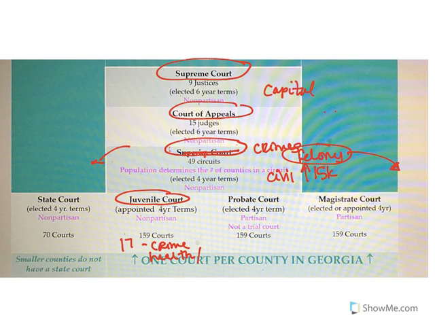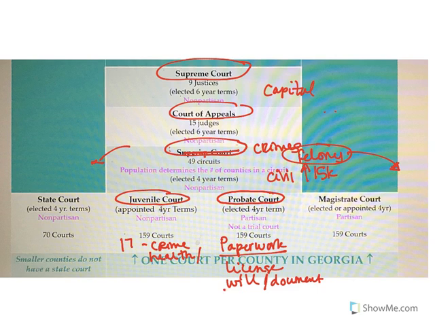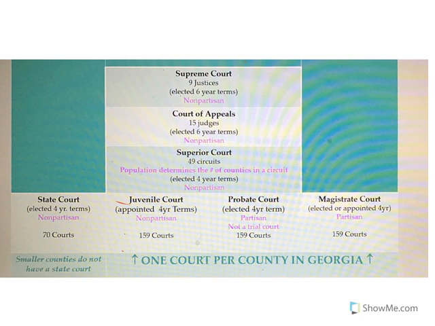The next easiest court to remember is your probate court, and I call this your paperwork court. This is the court that deals with all the paperwork of life: your licenses to get married, firearms, and wills, which, remember, we've talked about before, are the documents someone has when they die and leave their belongings to their family. So your probate court deals with paperwork. The two P's: probate, paperwork.